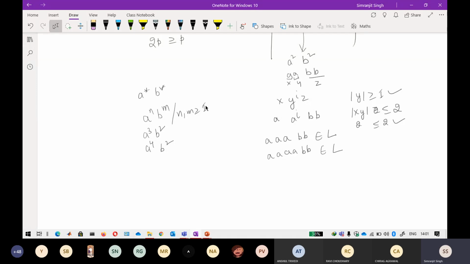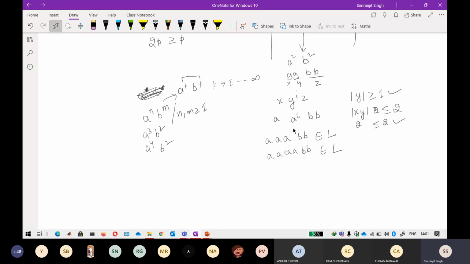Okay, so I cannot write it like this because the star means that it can be 0 here, so I cannot put a 0. So you can write it like a plus b plus. So in this one again, this plus is not dependent upon this plus. Okay, so if you remember the meaning of plus, the plus means that it starts from 1 up to infinity. Okay, so now you will not find any string that is not in the language.